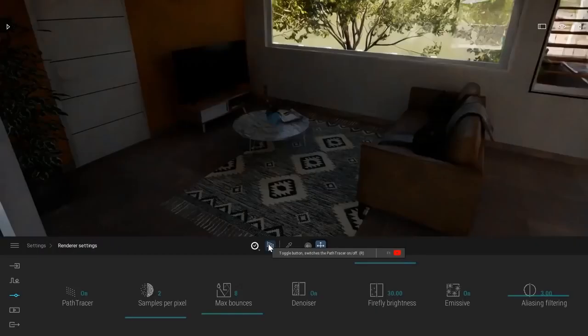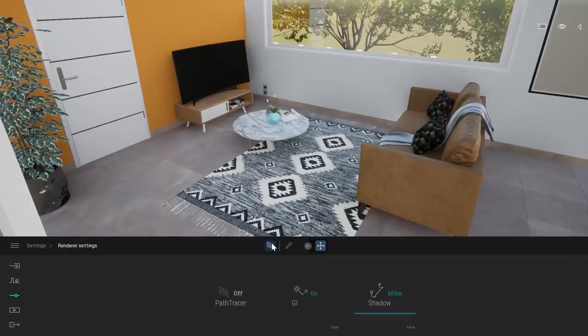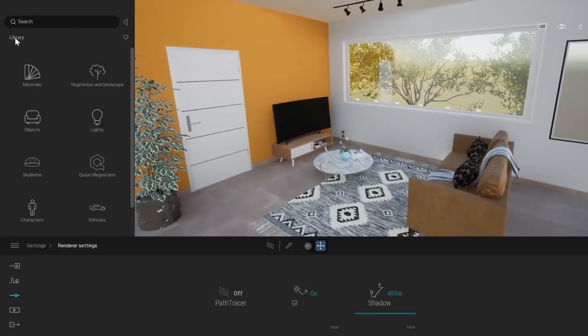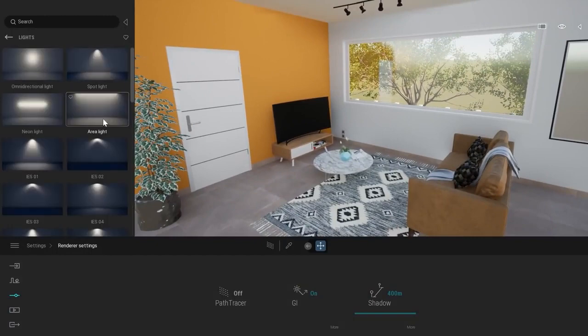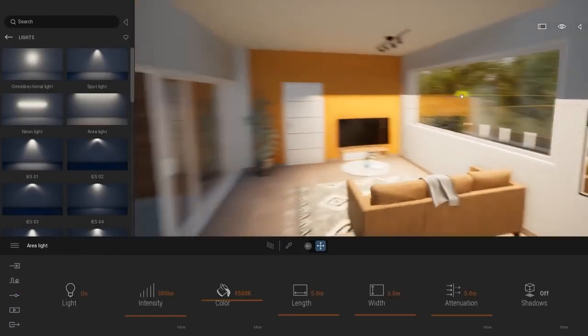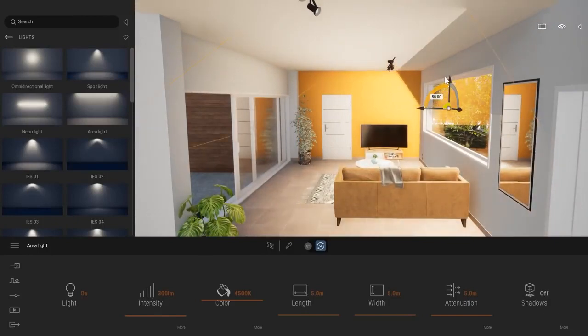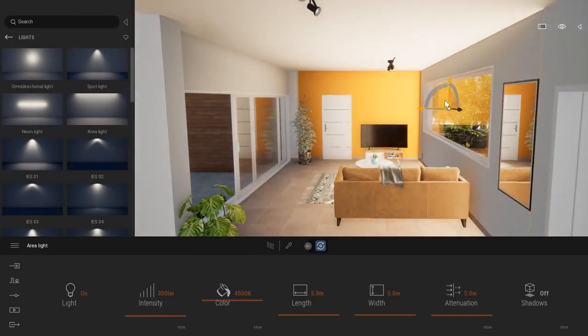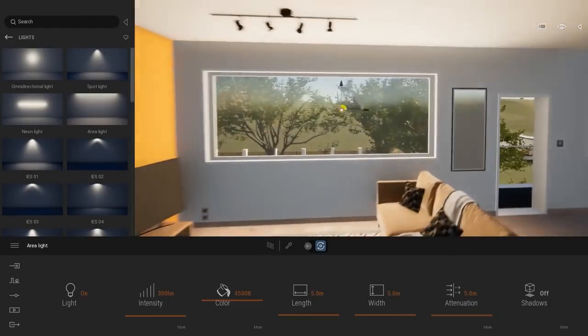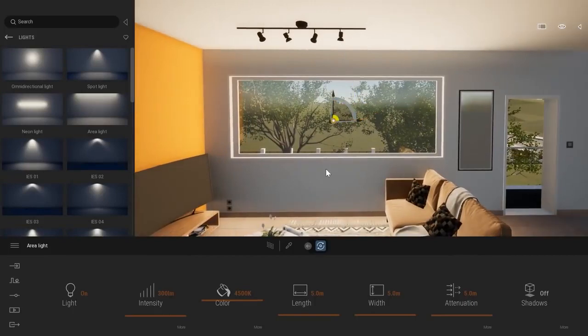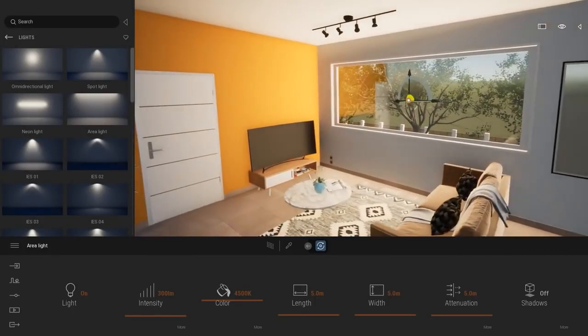And as you can see right now, it's pretty dark, so maybe what I can do is place a light in the place of my window in front of me. So let me disable the Path Tracer. I'm going to grab a light, probably an area light. Going to place it over here, and just turn it in that direction 90 degrees. Just going to place that somewhat in the middle of my window.